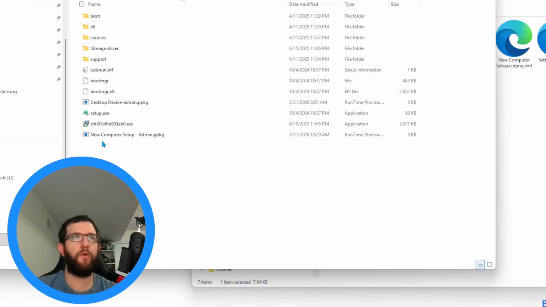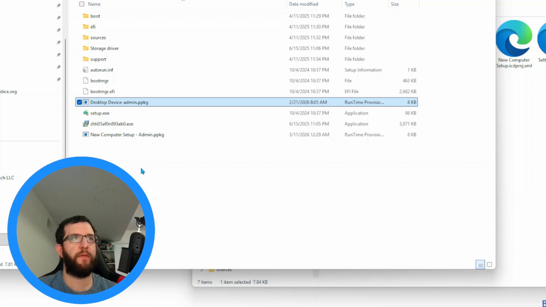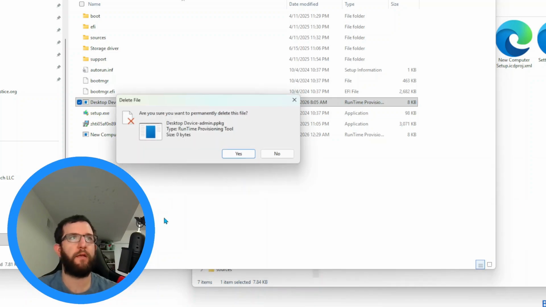All right, so I copied over the new computer setup -admin PPKG file. This is a Windows bootable flash drive. So these are all the bootable, already pre-configured, pre-created. And I mean, that's just using the Windows 11 media creation tool to make this a bootable flash drive. So that will wipe the drive originally, load these files, and then I can go ahead and add another file back on. So I do actually have a desktop device -admin PPKG file, so I will delete that,